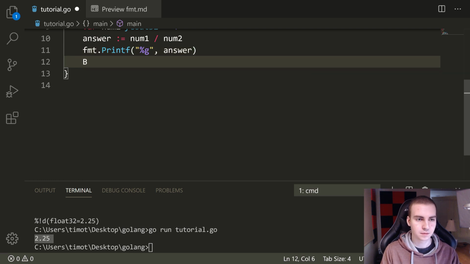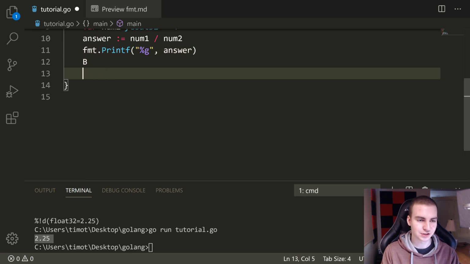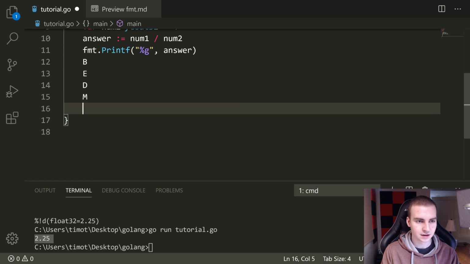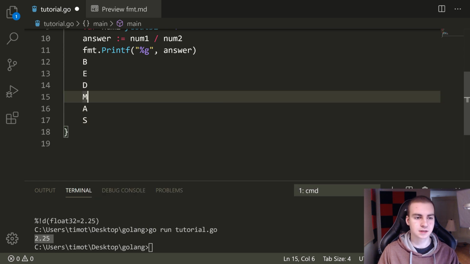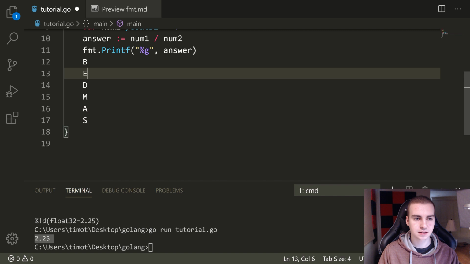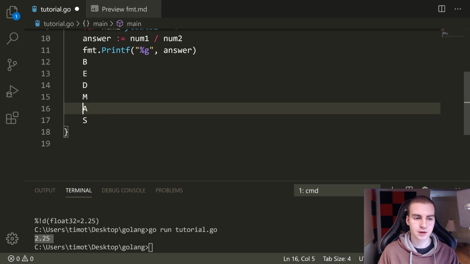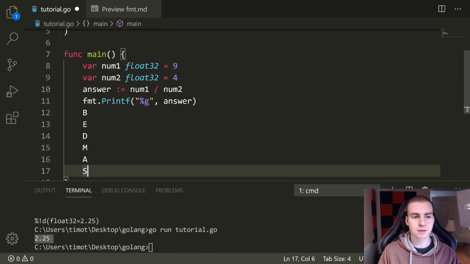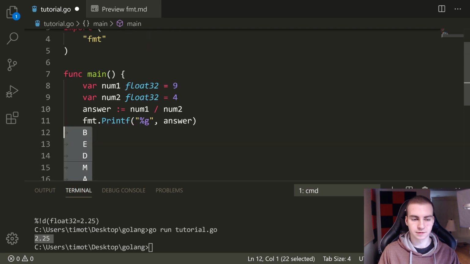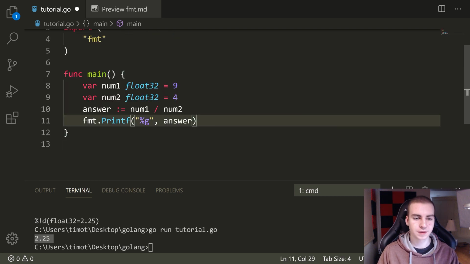Let's see. So, without the autocomplete just completing my lines. Okay, so BEDMAS, this is the acronym. It stands for brackets, exponents, division, multiplication, addition, subtraction. This is the basic order of operations in mathematics. I'm sure a lot of you have heard that acronym before, but essentially what that means is I can do